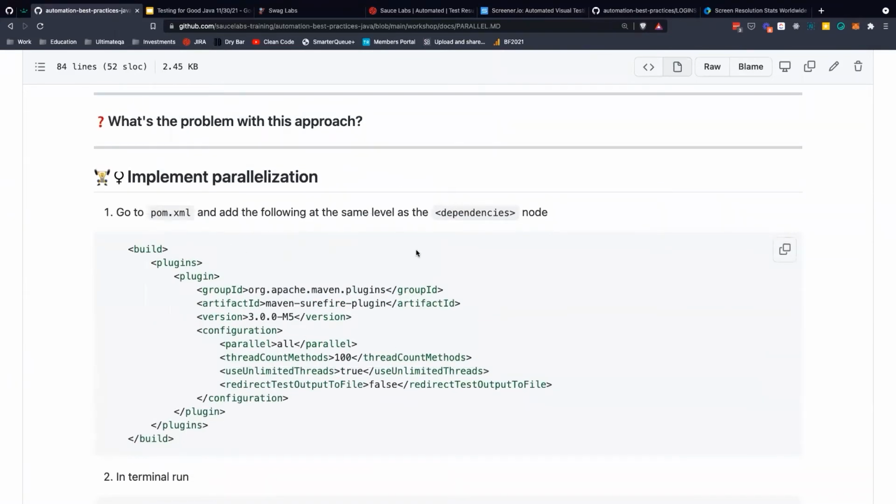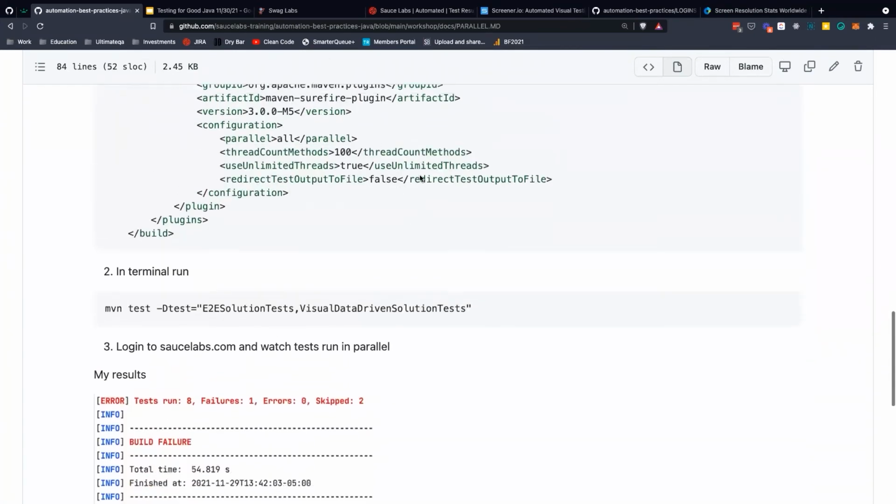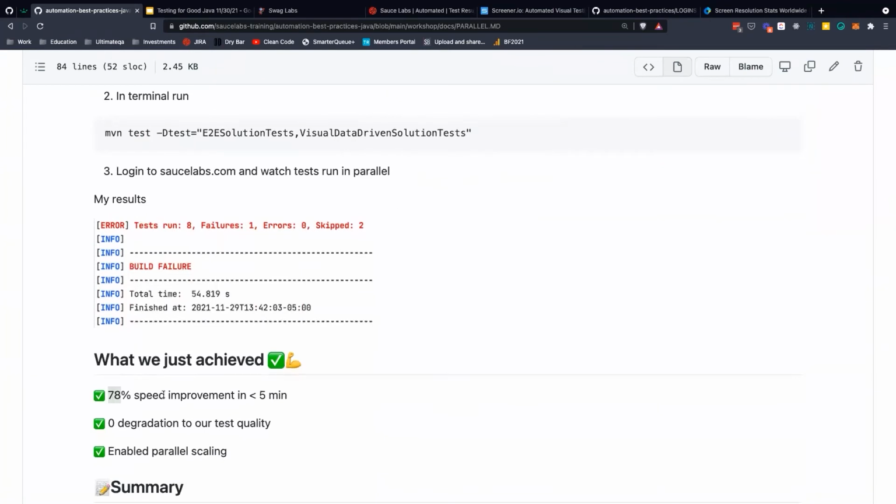Of course, one very critical piece of parallelization is my code was structured correctly to allow parallelization from the beginning. But after that, just adding this, we got a 78% speed improvement, 0 degradation in our test quality, and we enabled parallel scaling. So what this means now is I can keep adding tests, and as long as they are